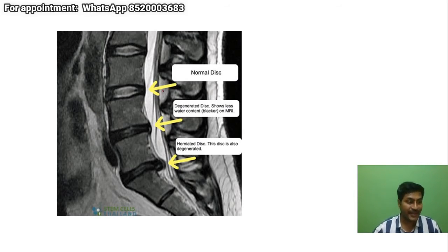Now let us read the MRI. Leave your questions aside, I will come to your questions. The next few slides, I want only interaction. I have told you everything. It's now your job to identify and answer me. Can you identify this? A is a normal disc, B is a degenerated disc. Why? What is the color of the nucleus pulposus in B?